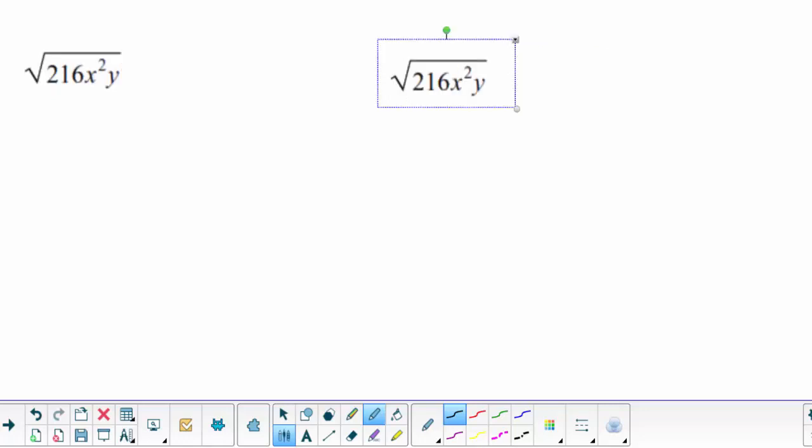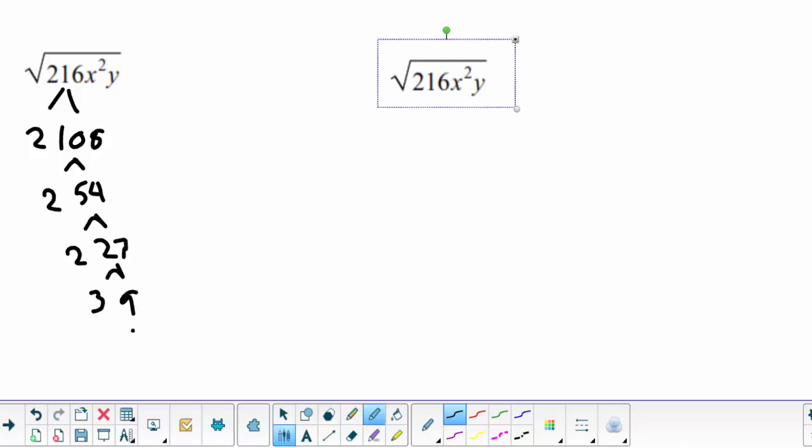216x squared y. So again, we could look for the perfect square, or we could do a factor tree, totally up to you. I'm going to start with a factor tree, because maybe 216 is hard to see the perfect square in. That would be 2 times 108. Then 108 would be 2 times 54. Then 54 would be 2 times 27. And then 27 is 3 times 9. And 9 is 3 times 3. So that means we can pull out a 2 and a 3. So that means we have 6